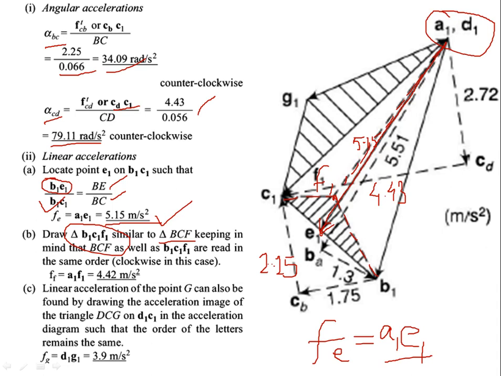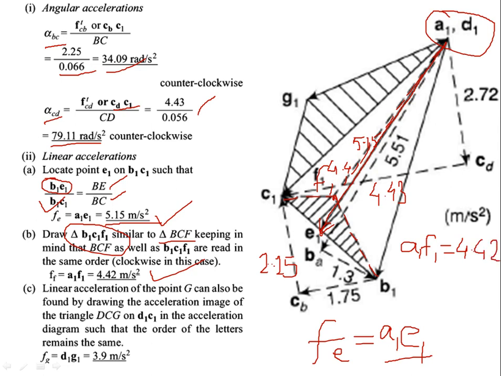So A1 F1 now you have to measure. So this A1 F1, when you measure, this will be nothing but the acceleration at point F. Okay, that is asked in the question. So if you calculate this A1 F1, you get around 4 point something. So 4.4 something you will get. Okay. So this is the answer, 4.42 here it is shown. So around 4 to 4.5 you should get. 4.1, 4.2, 4.3, 4.4, 4.5, 4.6, any value you can get. Okay, so in that range you should get, and mark this point and calculate A1 F1. So you get around 4.42.